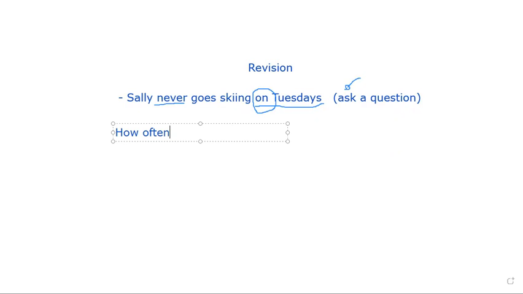So the correct question here is how often. And right after how often, we use the helping verb do or does, because this is the present simple, since we have here on Tuesday, which is a keyword, and also we have never, which is another keyword for the present simple tense. So how often, and the subject is Sally, so we're going to use does. How often does Sally, and we're going to drop the S from the main verb since we've already added it to does. So, how often does Sally go skiing on